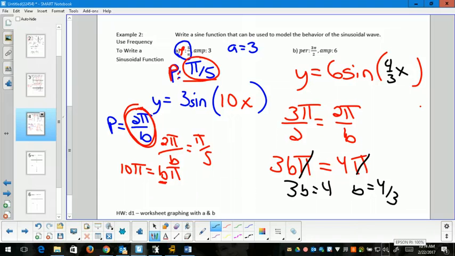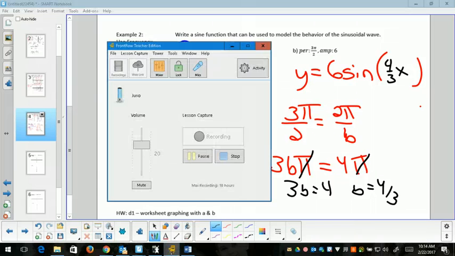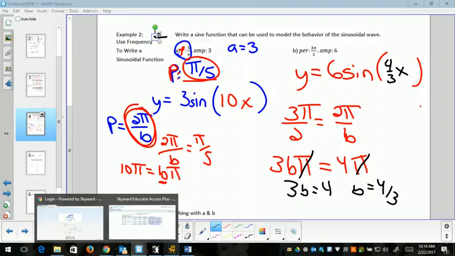Any questions? No. All right, you have your worksheet for day 1 that you can work